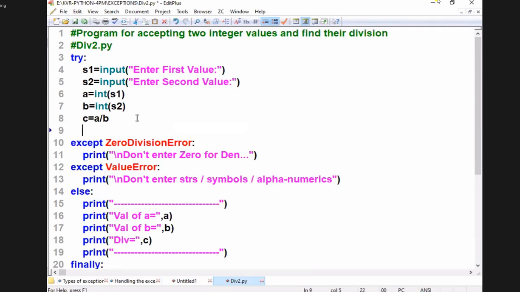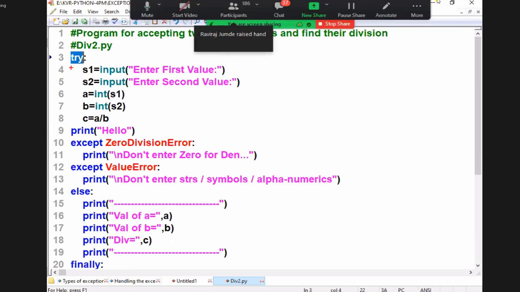But between try and except, I am writing other statements, something like hello. After the try block, the indented statements are required, then except is required. But I wrote some other kind of intermediate statements. Is it allowed or not allowed?